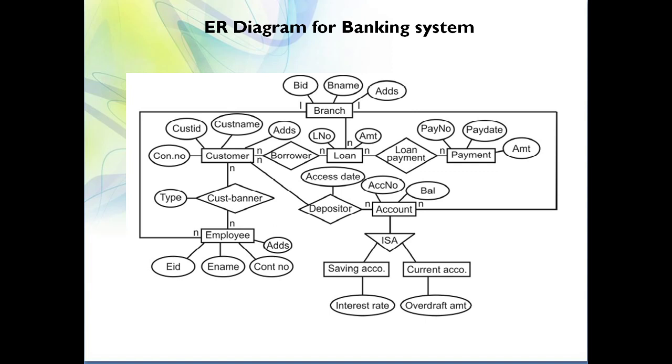Maybe one student may consider only 7 entities, another student may consider only 5 entities, and another student may consider a different kind of relationship. So that is going to vary whenever you are drawing a sample ER diagram, and this is a sample ER diagram for a banking system. Whenever you are drawing a sample ER diagram, you need to focus on taking only the major entities which are very important in that particular system. So in case of banking, what is an important entity?